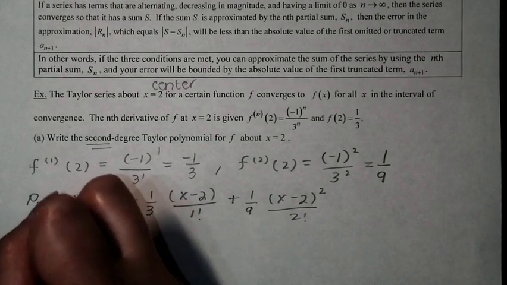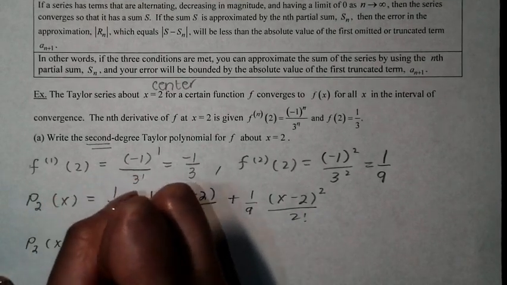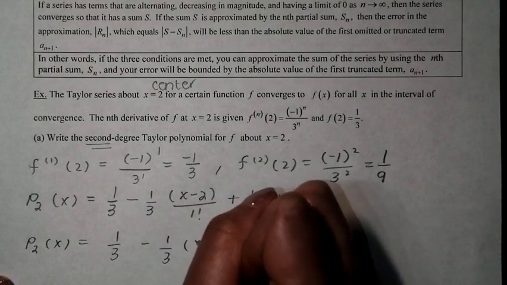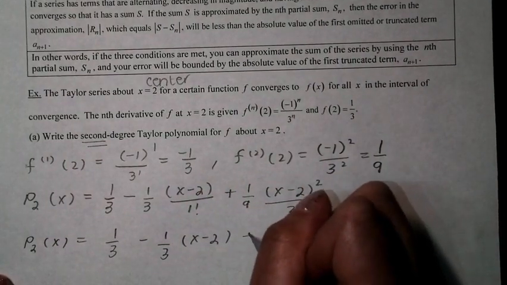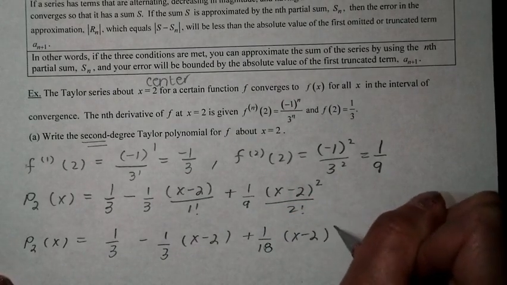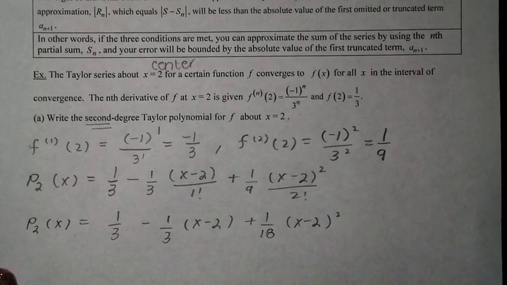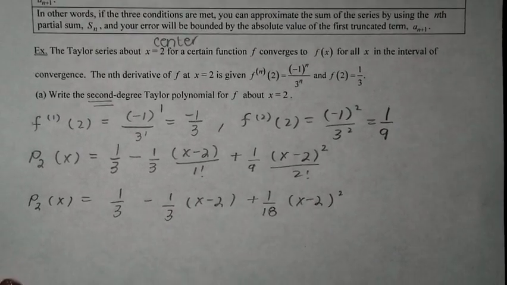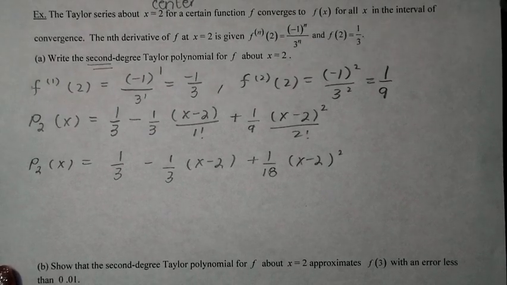I mean, you can simplify it a little bit. You don't need to, but you can, right? So we have a situation like this. I don't need the 1 factorial because that's a 1. And then I can multiply the 2 times 9, and you have 1/18, x minus 2 to the power of 2. And that's pretty much it for the second degree Taylor polynomial for f about x equals 2. Isn't that nice? So please remember that knowing your Taylor polynomial form is very important